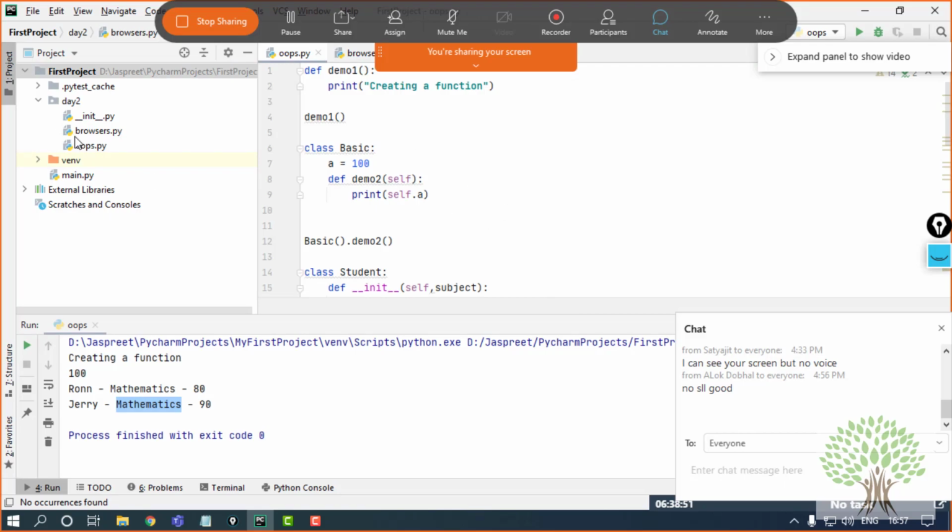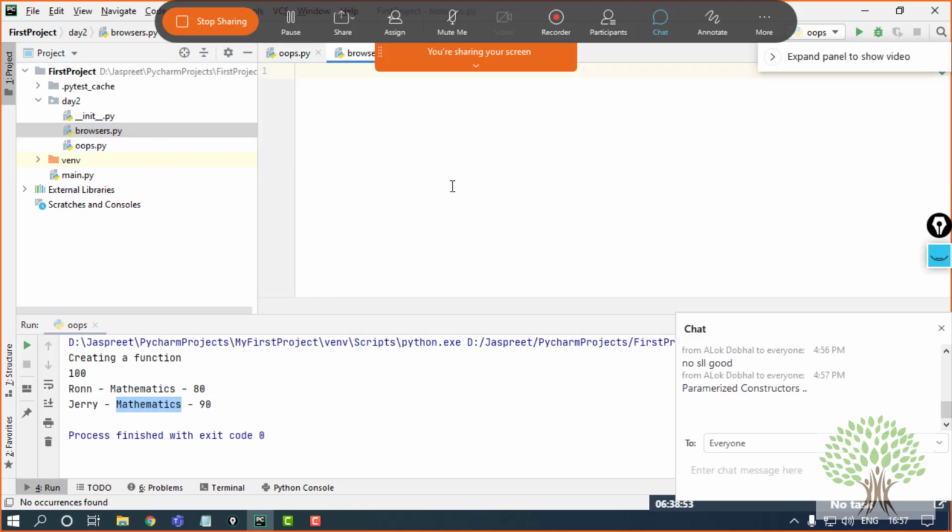This I'll do later on. So over here, there is a very simple command. We have already seen the